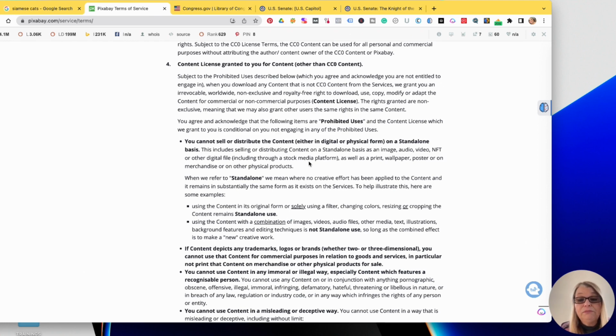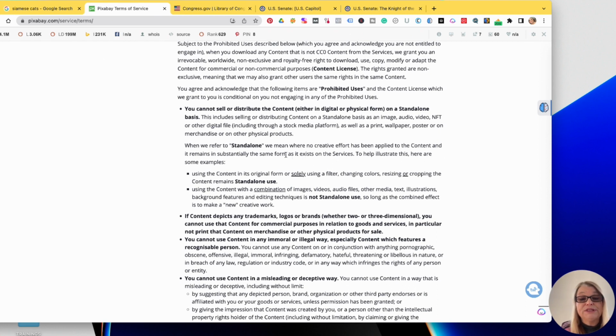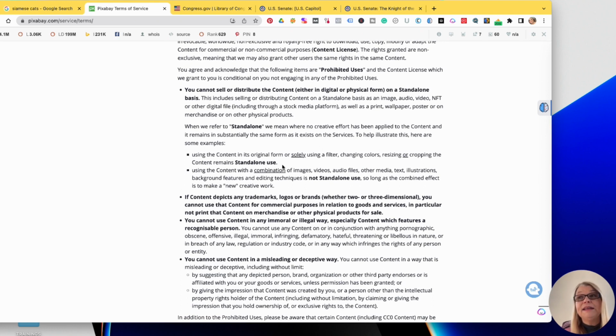And this means standalone. So what they're saying is that you can't use just that picture. So how they're going to explain that to you is that you haven't applied anything creative to that content at all. All right. So if you're using it only in its original form or cropping it, that doesn't count.